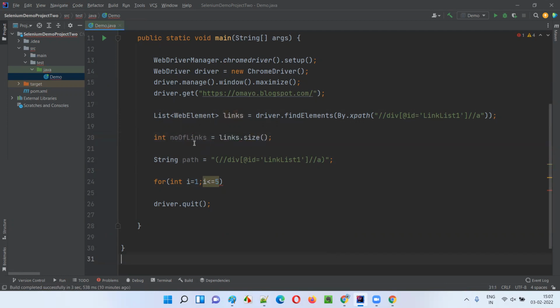Okay, this is more readable. Number of links. I'll copy this number of links, guys, and in place of the 5, I'll put number of links. So i less than or equal to number of links, starting from the first link to number of links, and then semicolon i plus plus. This is a traditional for loop. Now inside this, guys, what I will do is